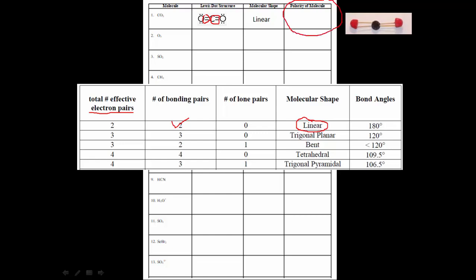The polarity of the molecule I'm going to describe in more detail once I give you directions to this. If you look at this molecule, these 2 atoms are exactly the same. While it's a polar bond here and a polar bond here, the atoms in space are symmetrically distributed. So this is a non-polar molecule. So I'm going to give you some instructions on that, but that would be the last thing you would fill in. So it's draw the Lewis dot, look at the handout that you'll be given, decide on the shape, and then